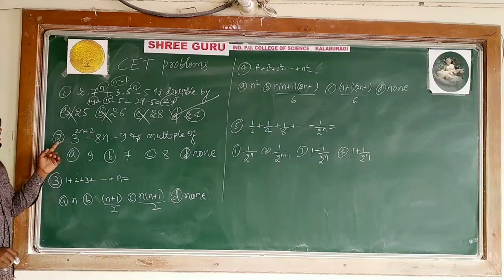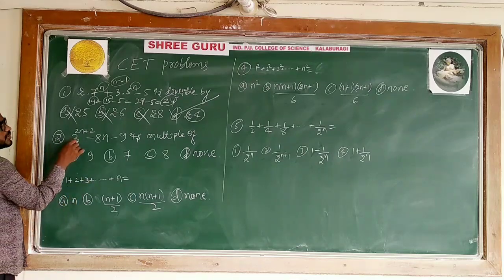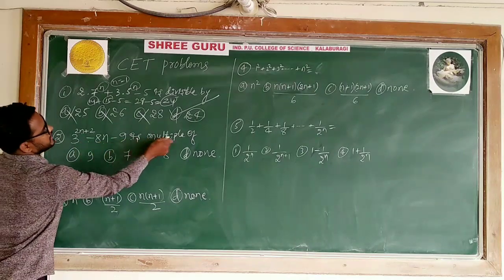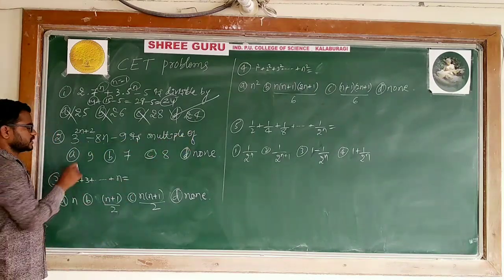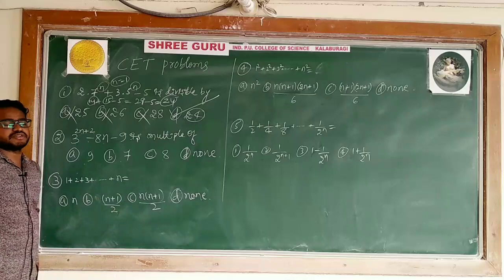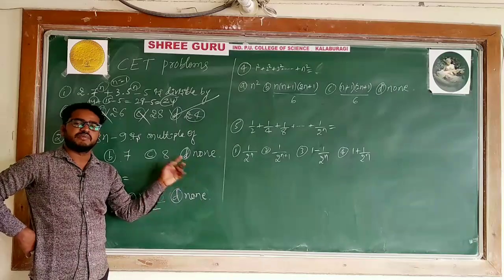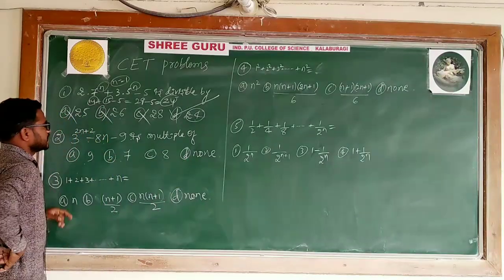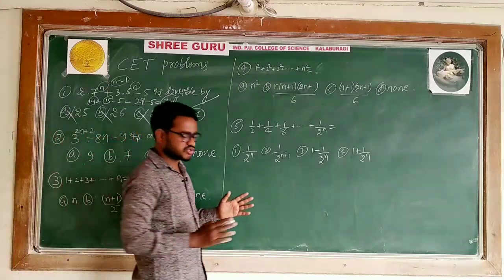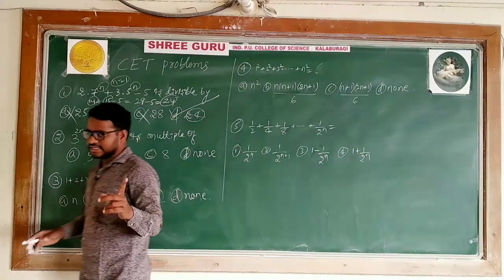Now the second. Here I think you can do it now. Can you guess what it is? See, 3 to the power 2n plus 2 minus 8n minus 9 is a multiple of, he is asking one of the options. Is it a multiple of 9 or 7 or 8? If it is not a multiple of any of these numbers, definitely that option will be none of these. Nothing, put n is equal to 1. Step 1 we know. According to step 1 only you have to decide. In the case of CET, it is not necessary to solve all the steps. So I will go for n is equal to 1.